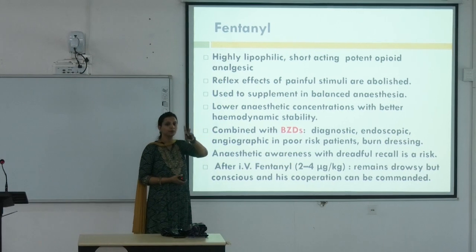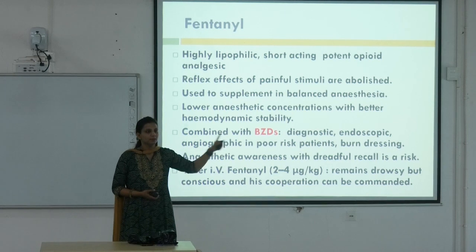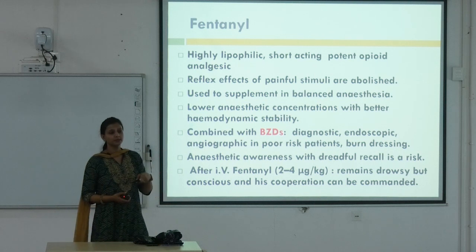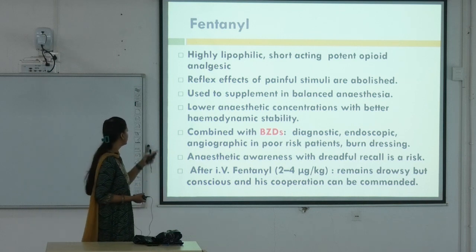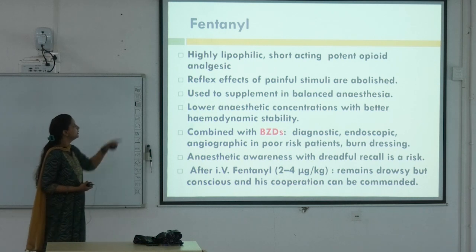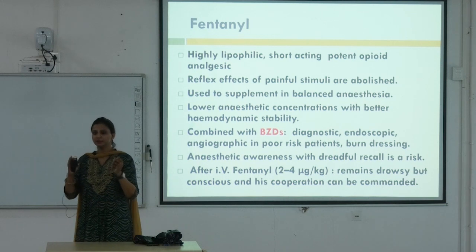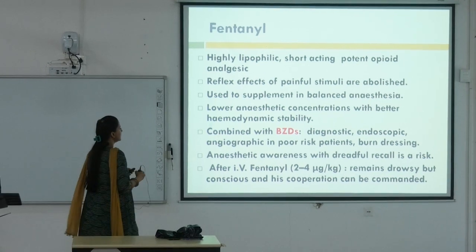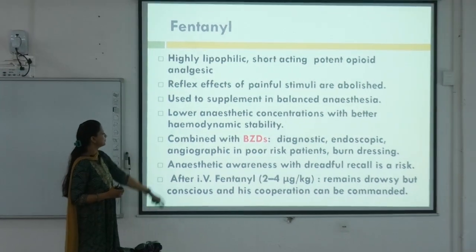Balanced anesthesia has two important parts. One I said benzodiazepine, and the other one I said? Opioid. What does benzodiazepine do? Anxiolysis and amnesia. What does opioid do? Analgesia. Lower anesthetic concentration with better hemodynamic stability. When you are using fentanyl, what happens to the dose? Lower doses are required. So the dose will be reduced. Okay, combined with benzodiazepines, as I already told you, diagnostic procedures, endoscopy, angiography in poor risk